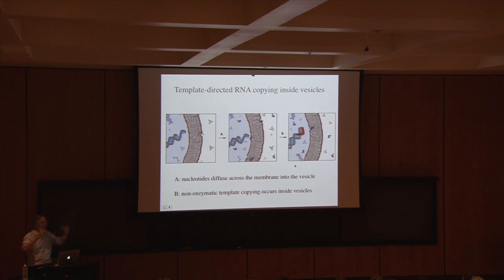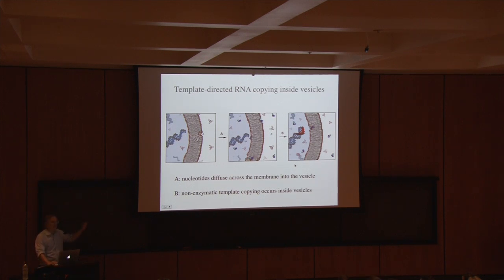In the presence of magnesium and citrate, the monomers, the nucleotides, can spontaneously cross the membrane. So remember, these membranes are permeable enough for that to happen spontaneously. And then once they get to the inside, the primer extension reaction can occur, and we can copy the template. This is published, so I'm not going to dwell on this, but at least at this level, things